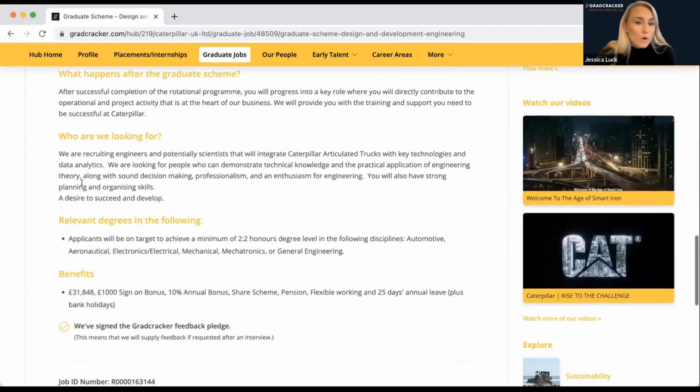Really understand exactly what the employer is asking for, and think of situations you have been in that can prove to the employer that you've got those skills and qualities. So this is a classic here: your professionalism. Are you enthusiastic about engineering? That would be a great thing to think about before you apply. Think, okay, how can I prove to Caterpillar, for example, that I am really enthusiastic about engineering? What kind of things have I done in my degree or my master's qualification? But also, what am I doing outside of my degree that can prove that I'm genuinely passionate and interested